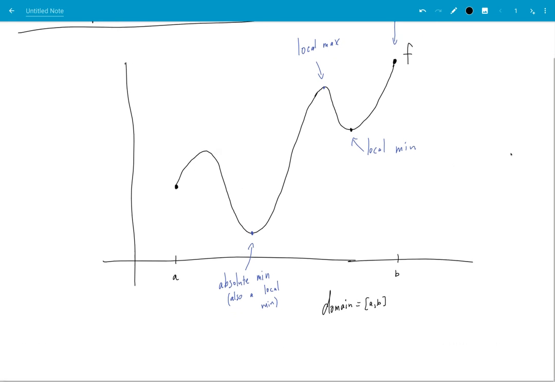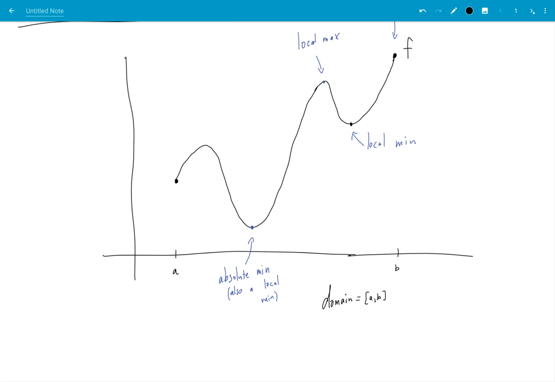So the actual definition of, say, a local max, we'd say f of c. Well, let's do a min here. So let's talk about this c value right there. f of c is a local minimum. Nope, not local. Absolute is the absolute minimum